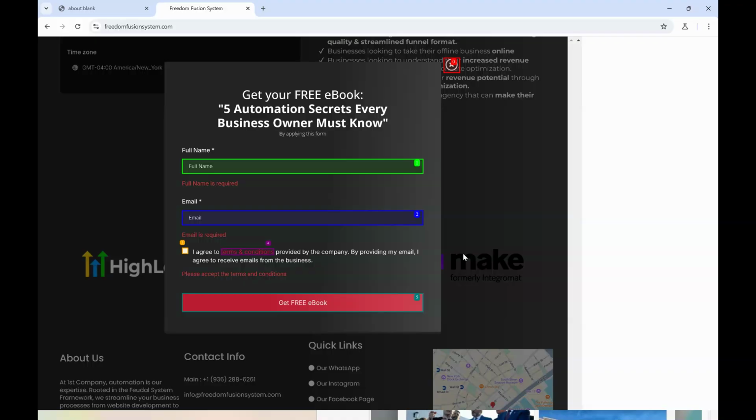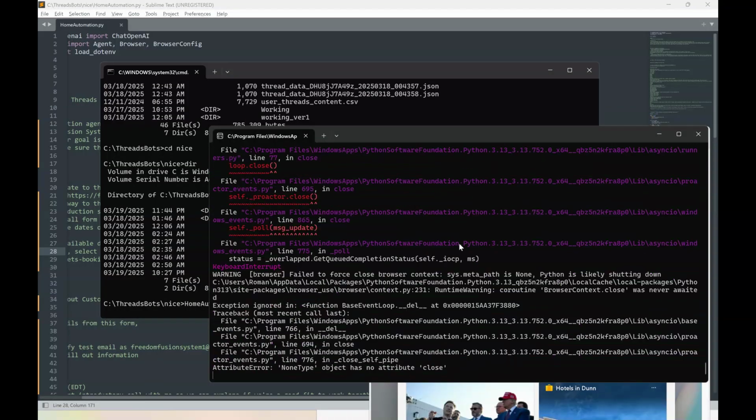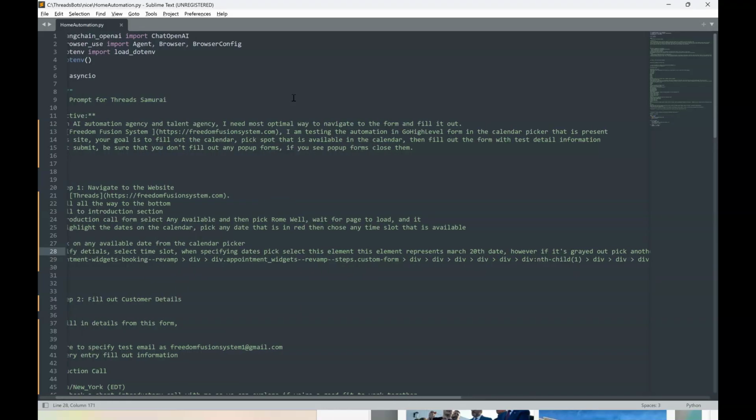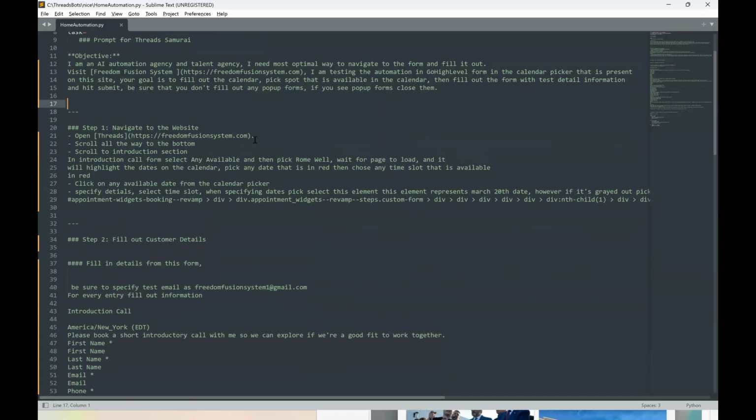The ebook page still shows up, right? So let me go ahead and modify it a bit better. So I'm gonna close it. I'm gonna hit Control C to close this out, and I'm gonna modify it a bit better for the pop-up. Important: pick a spot that is available in the calendar, fill out the form with the task details information, and hit submit. Be sure that you don't fill out any pop-up forms. Scroll all the way to the bottom, and then over here, I'm going to say